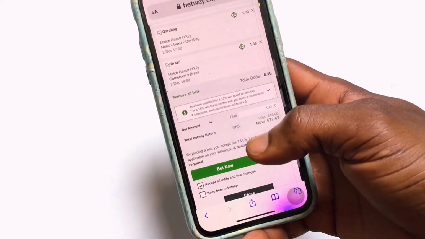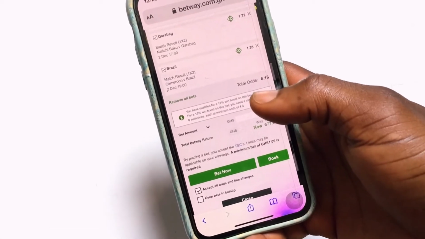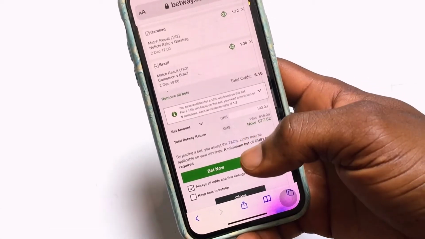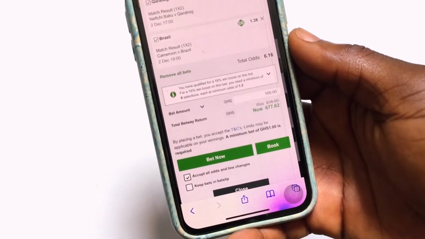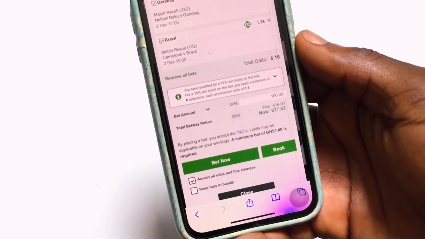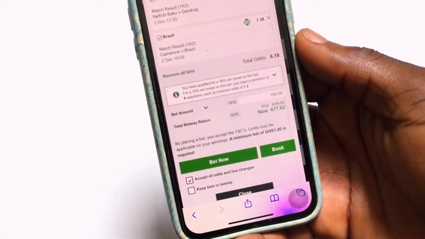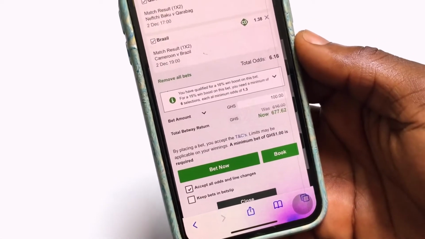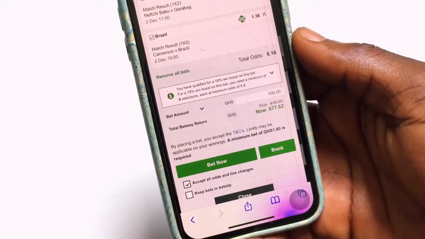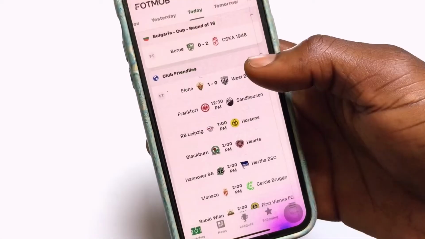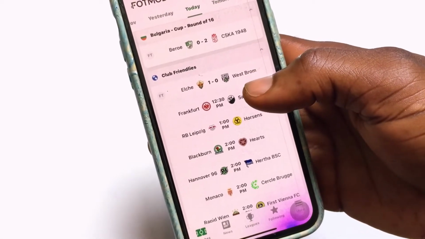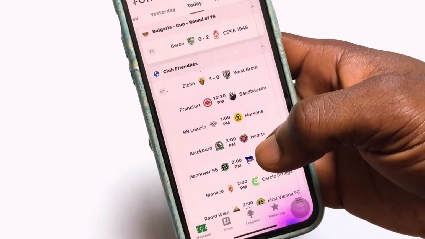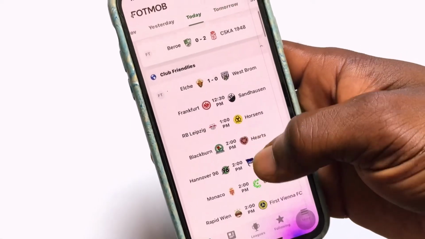So for me personally, I do not like these particular odds, so I am going forward to have another set of selections added, and then I'll have a jump cut for you to see the actual odds that I am going to have if I add a few selections to this one that I have selected already. So when I scroll down a bit, as you can see with me, there are some club friendly matches going on during the period of the World Cup. And as you can see, we have this